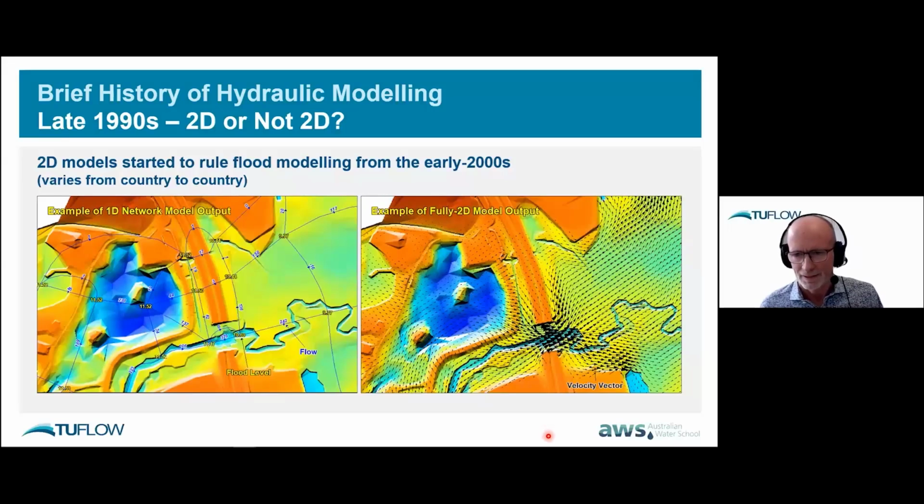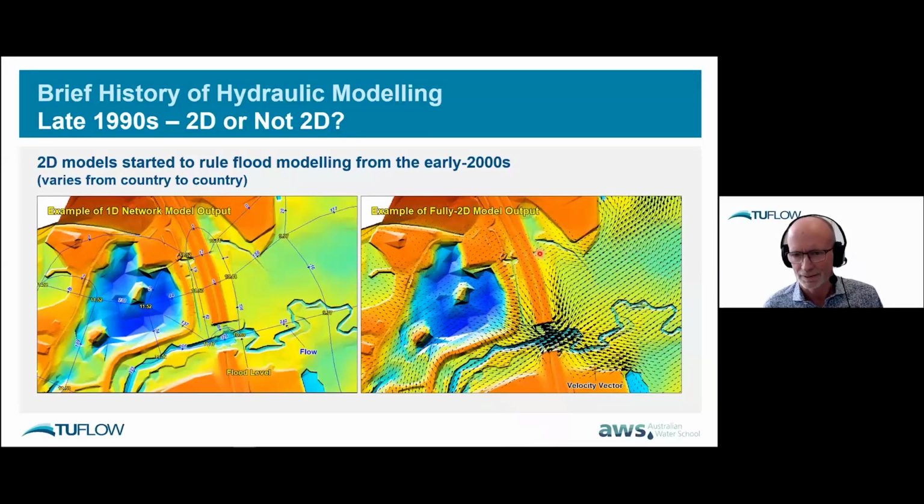And so there's a huge jump in the ability for us to go from basically a very awkward set of numbers, often on paper at the beginning, to something where we are actually feeling how the water's flowing. So you can see it coming through the lake there, across the levee, through this bridge structure, and so forth.